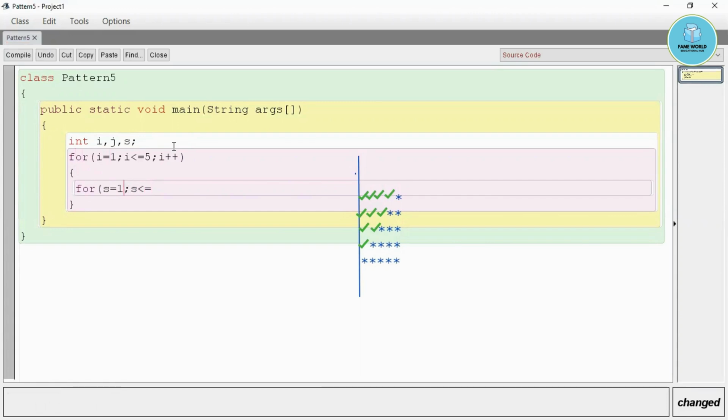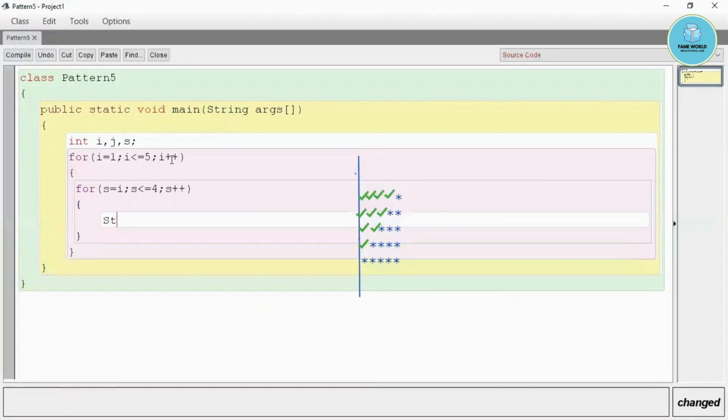Actually we will take s equals 1 and s less than or equal to 4, so we'll check till 4 only, and s plus plus. We will take space one less than the value of i. Then System.out.print, and I am going to print the space here.